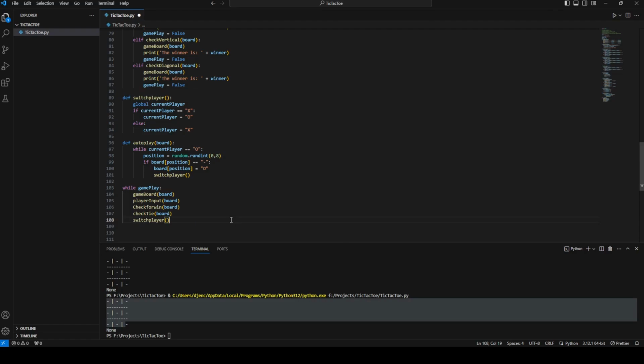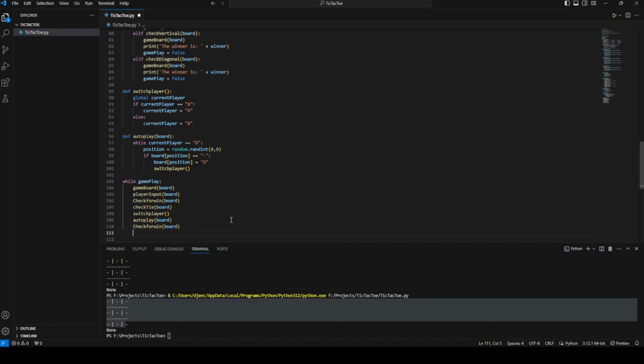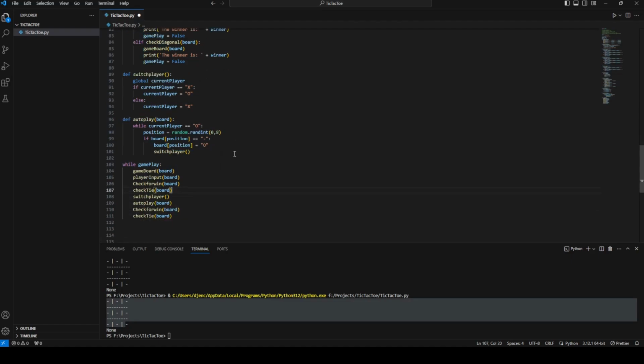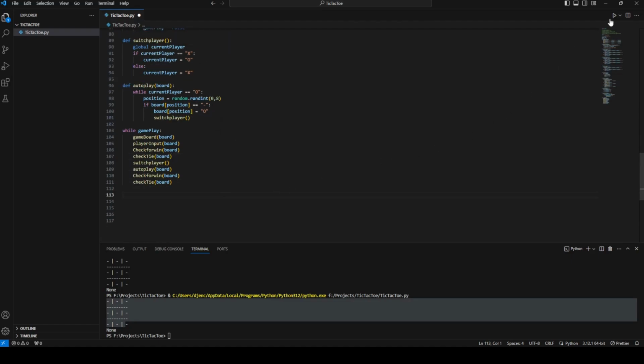Switch player, here we don't have to pass in the board. Autoplay the board, because we need to check whether this place is empty or not. And then again we need to check for a win when the computer has played, and here we need to pass in the board variable again. And last but not least, we have to check again if there is a tie, and we pass in the board. And now, if I haven't made any mistake, we will run the application,